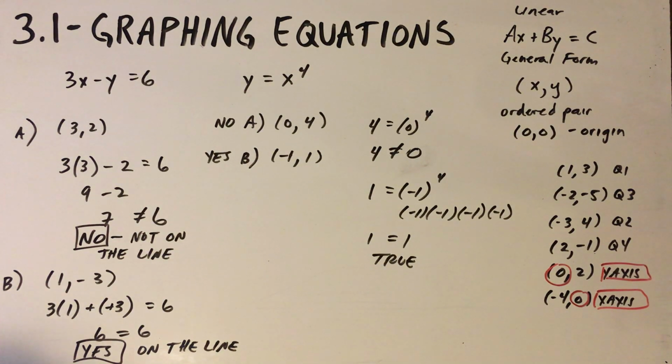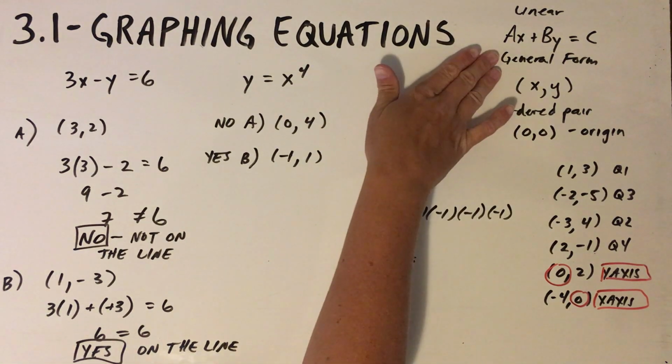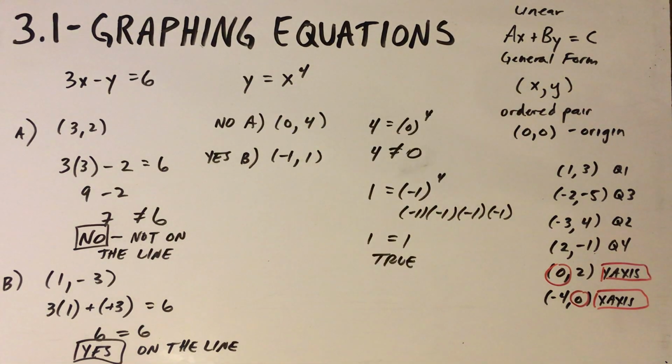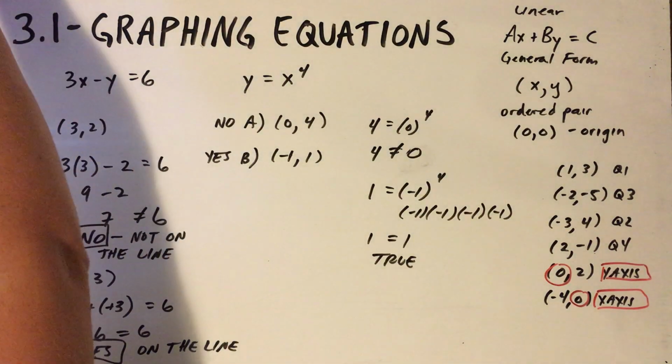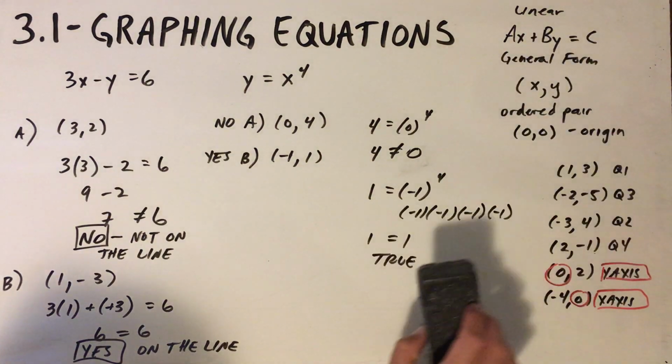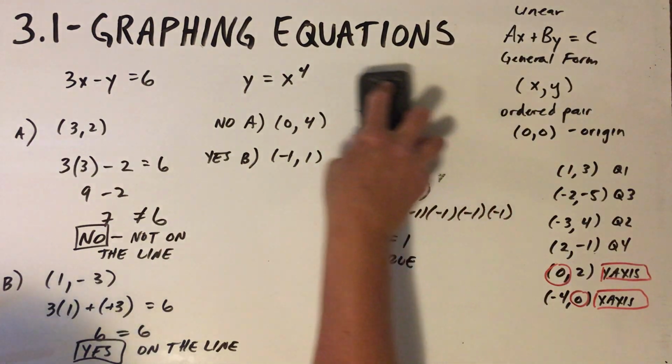Now we're going to talk about what the definition of a linear equation in two variables is. This is actually the definition here. It is an equation that has an x and a y, and is written in this general form. Now we can write an equation like this in another form,